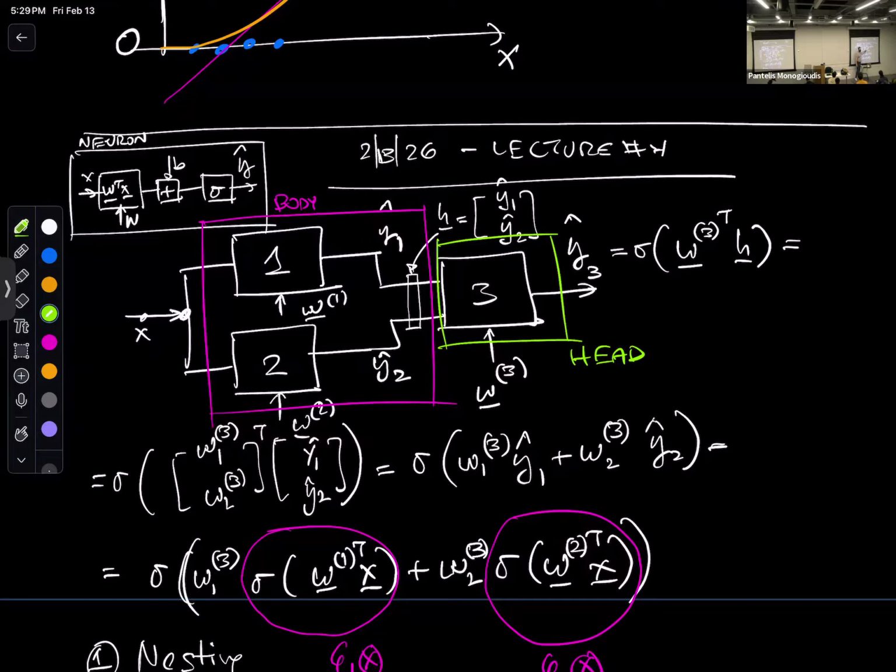The head combines them, and in the head, you will actually see